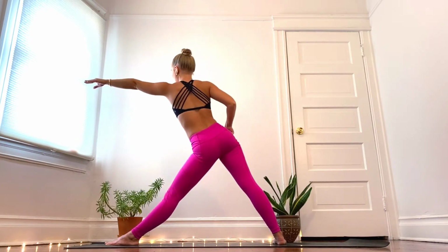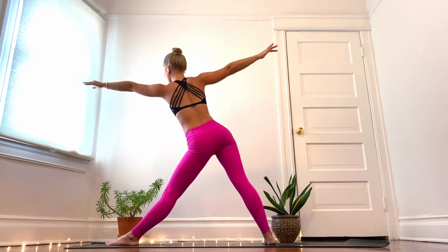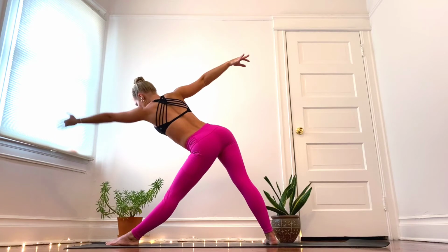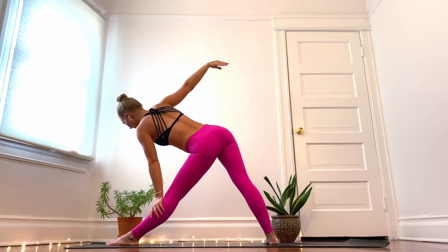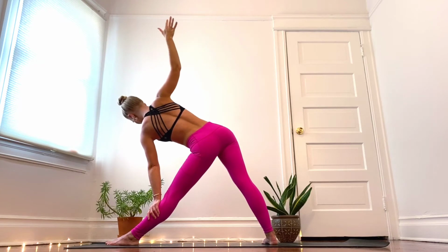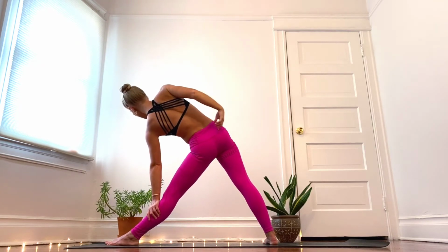The hips slide back as the heart reaches forward. Side body is getting long. Take one more breath here. Drop your bottom hand somewhere on the bottom leg, maybe the floor or a block, and the right arm reaches high. Find the pressure again in the feet, pinky edge side of the back foot pressing down, glutes squeezing, sending